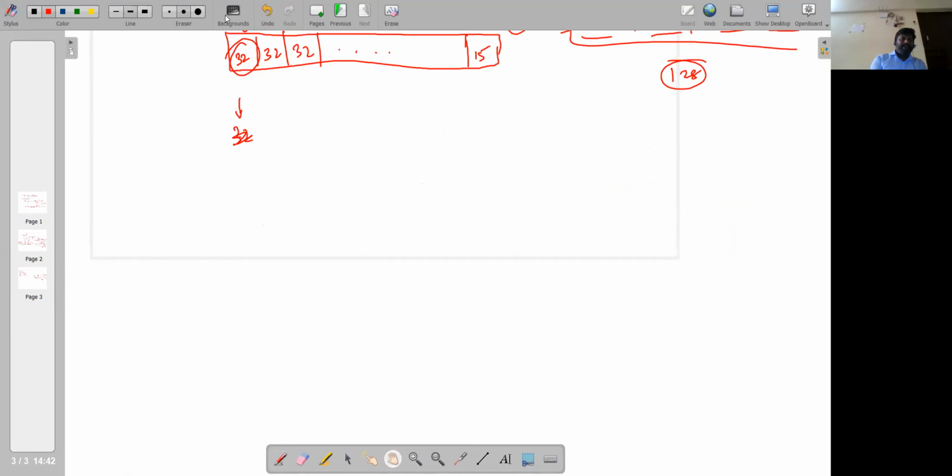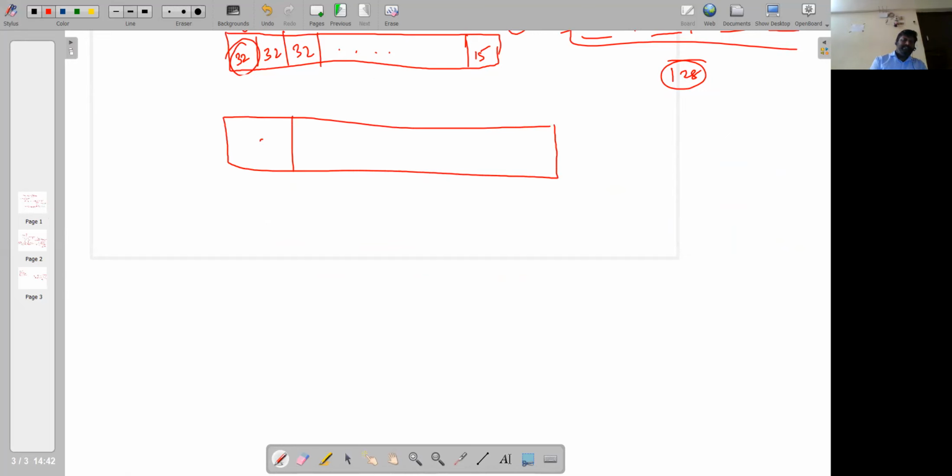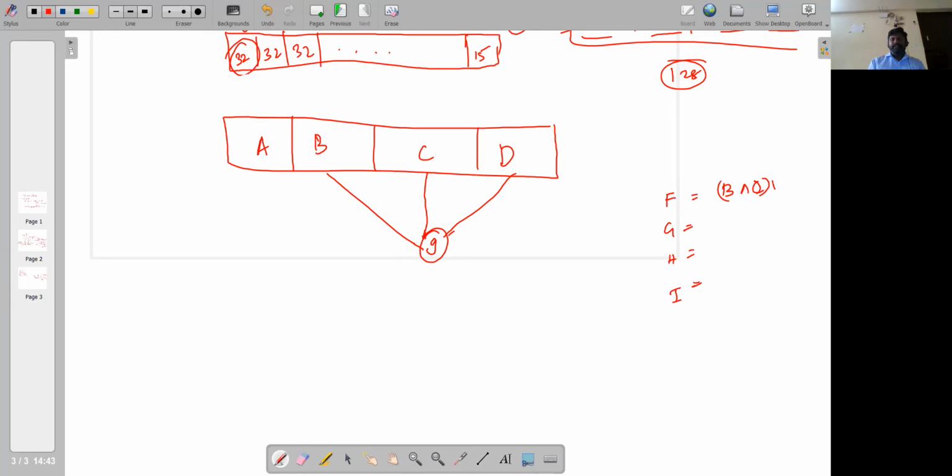Right, when you talk about how this is going to work, let me draw this diagram, which is A, B, C, D. I was talking about initial vector values. The values which are stored in the B, C, D registers are going to be applied with these logical functions, where each round function F, G, H, I has a function based on these, say for example, B and C, or C and D, like this.